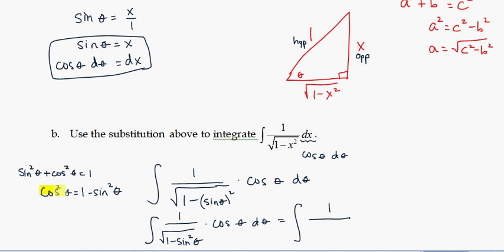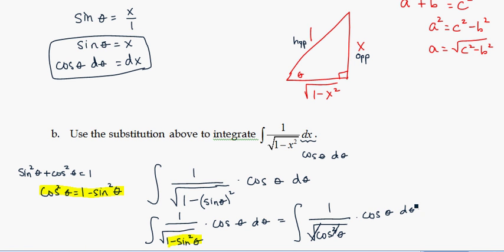If I solve for cosine squared, I see that in fact, let's highlight this, cosine squared theta is equal to 1 minus sine squared of theta, right? So instead of writing 1 minus sine squared, I could write cosine squared. So this would be the square root of cosine squared. And of course, the square root and the square